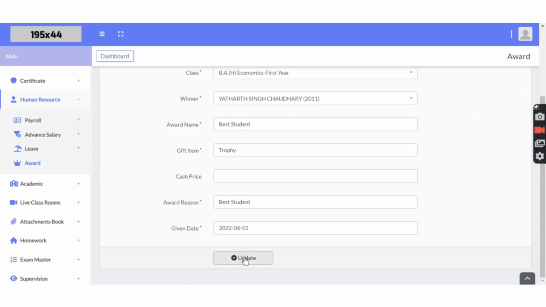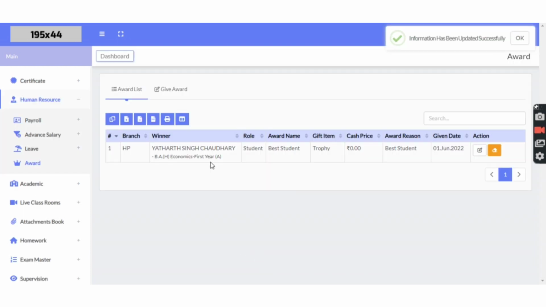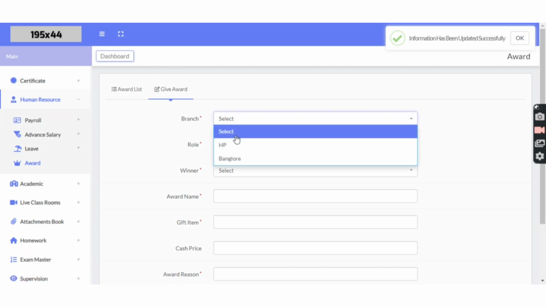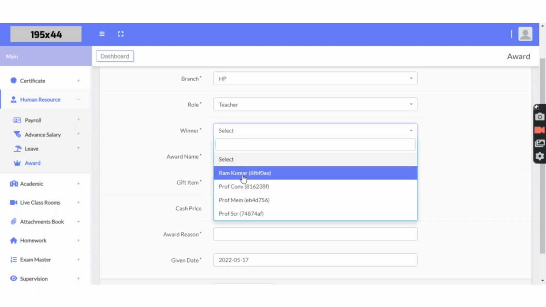न्यू अवार्ड क्रिएट करने के लिए क्लिक ऑन गिव अवार्ड बटन एट द टॉप राइट कॉर्नर. चूज ब्रांच, सिलेक्ट रोल, सिलेक्ट द विनर, एंटर अवार्ड नेम,